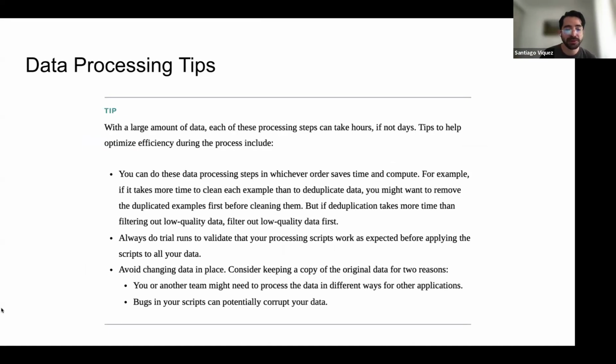And also a very useful tip here: don't change data in place. Let's say you have a data set, the raw data, always work on a copy. Save the raw data somewhere, create a copy, and start there.